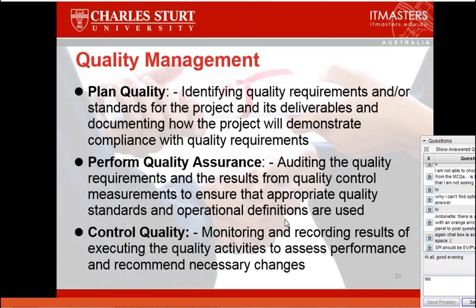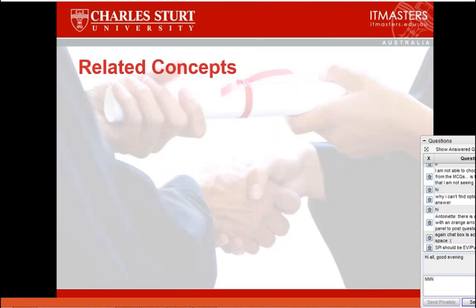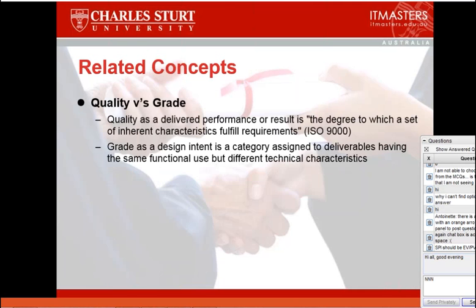So the important thing is quality control is testing, and you then provide the results of the test back to quality assurance, and they say, okay, why are we getting problems? Or we're not getting problems, so everything is good, so we don't need to worry too much. So hopefully that shows you the difference between quality assurance and quality control. Some of the things just to remember that might be important for exam purposes: the difference between grade and quality. Let's go for grade first.